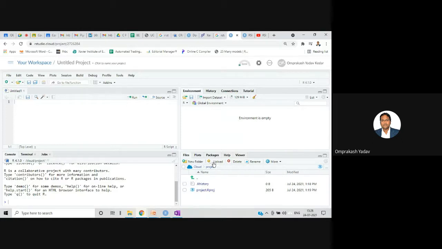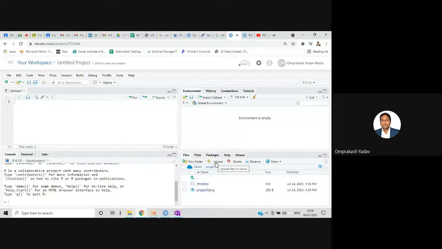So we can upload any file from this upload option, and it will go to our default project folder. Okay, so only one directory is given to us, that is inside the cloud. There is one project folder. Inside this, whatever stuff we want, we can create a folder, we can upload the files, right? But whatever local files we want to store on the cloud, we have to upload them. And similarly, if you want to have any particular file from the cloud, then you will have to download it from that particular cloud, right?